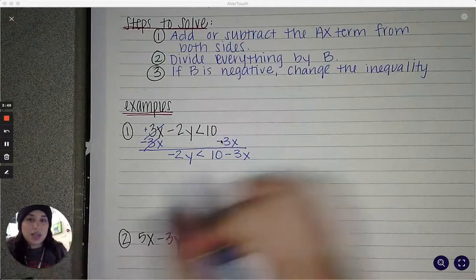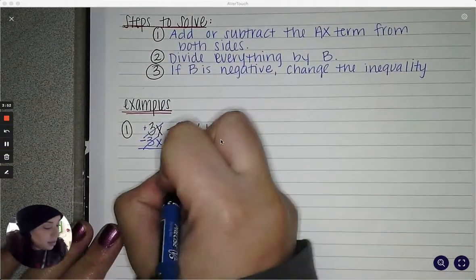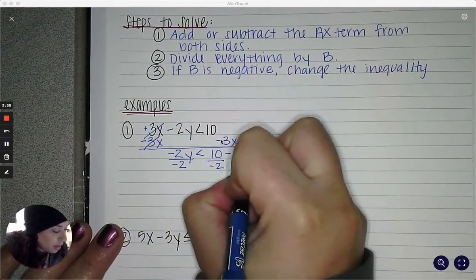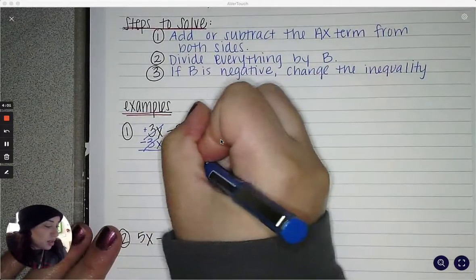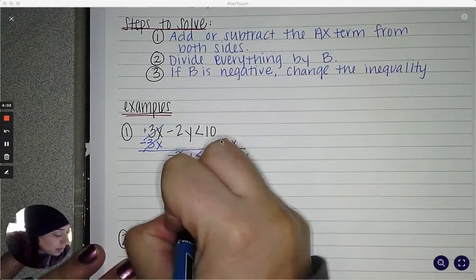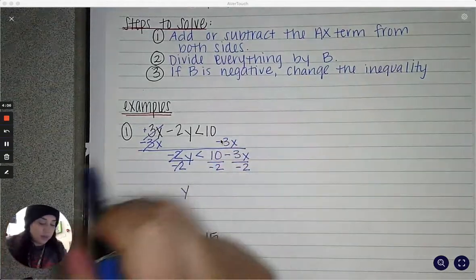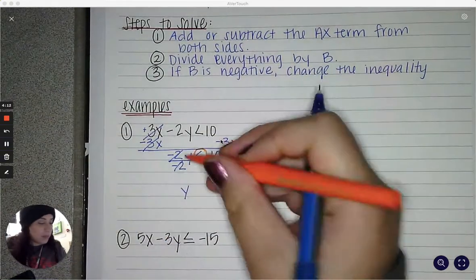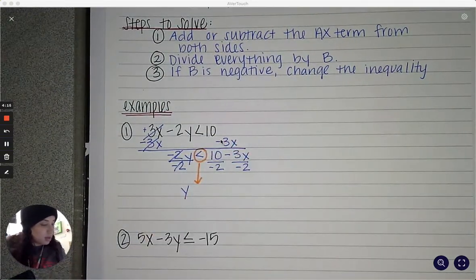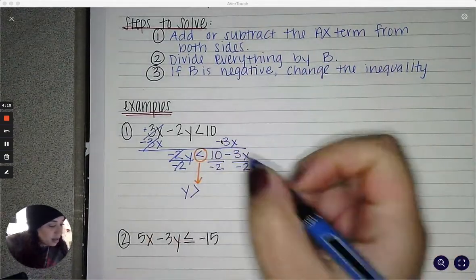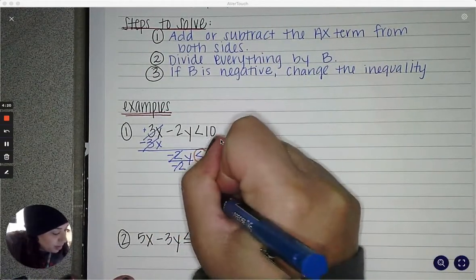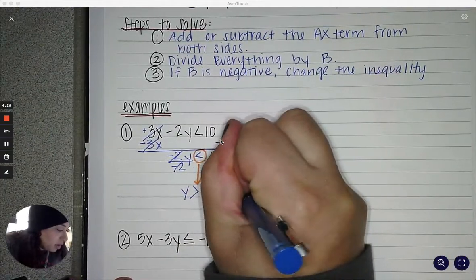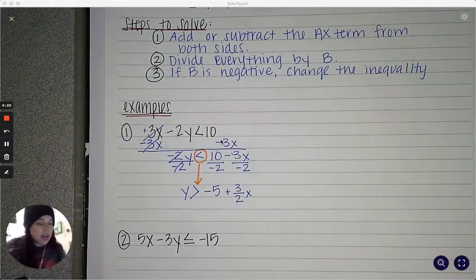Okay? So then step two is divide everything by b. So b is that negative 2, negative 2. So these are going to become 1. But because it's negative, we're going to flip that sign. So instead of a less than, it becomes greater than. 10 divided by negative 2 is negative 5. Negative divided by negative is a positive, and I'm going to leave it 3 halves because if I were to ask you to graph it,